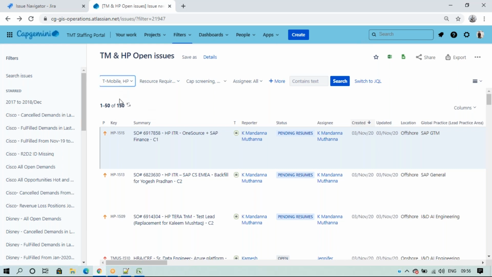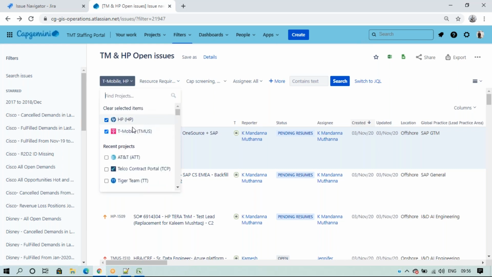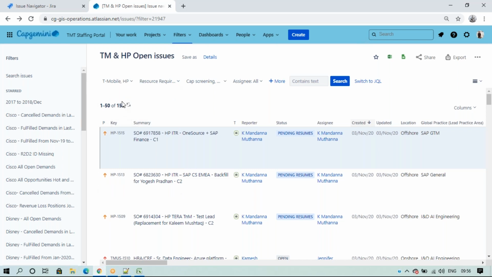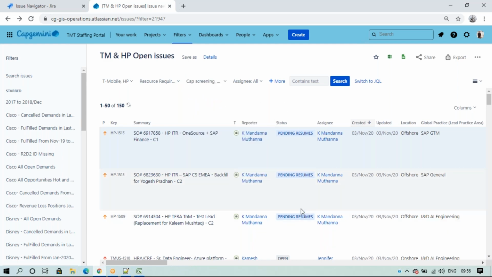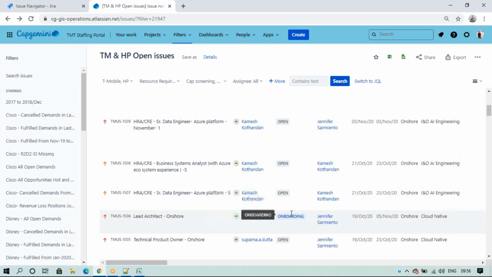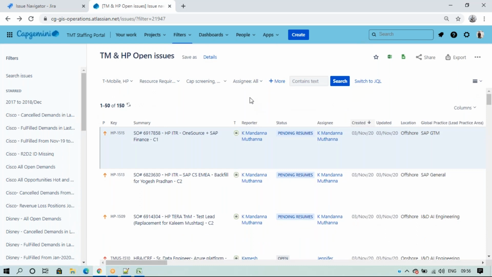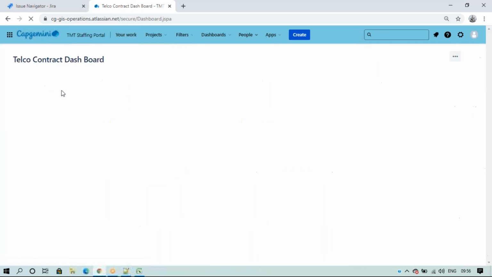For example, I have two projects here. The two projects' issues total 150, and suppose I have many statuses here, like cap screening, client screening, everything, but I want to know how many open tickets there are. So how can we get that count? For that purpose we have a dashboard option, which is on the main page.